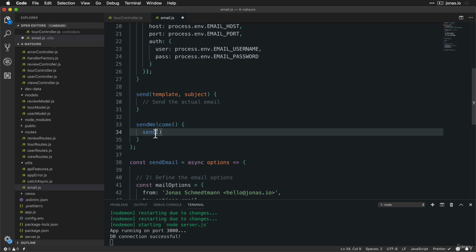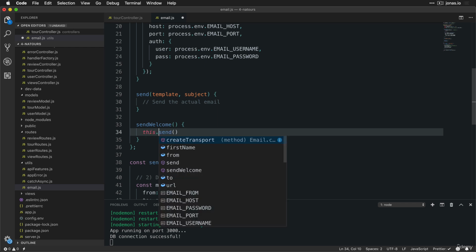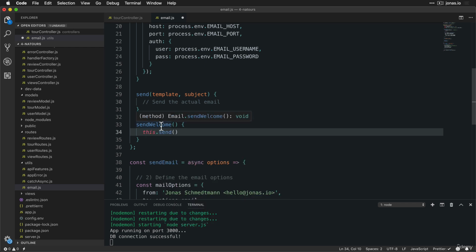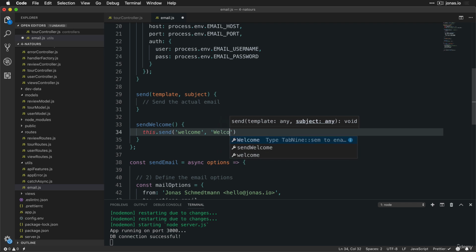Actually here it is this.send, because of course these methods are going to be defined on the current object, and so that's this. Then here we pass in the template name. This template name that I put here will in the future be a Pug template that we're going to create. In the next lecture, we're going to be creating this Pug template in order to send this welcome email. And then just the subject line. Let's say, welcome to the Naders